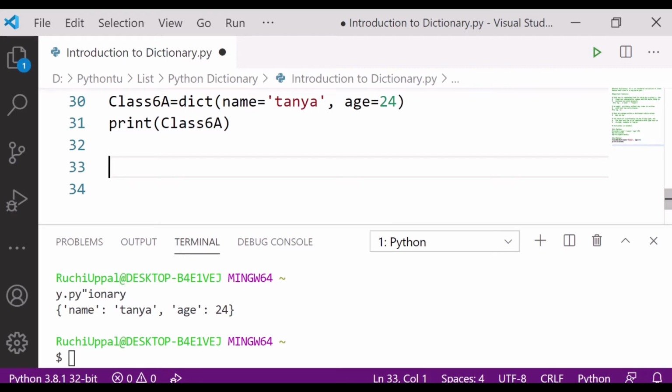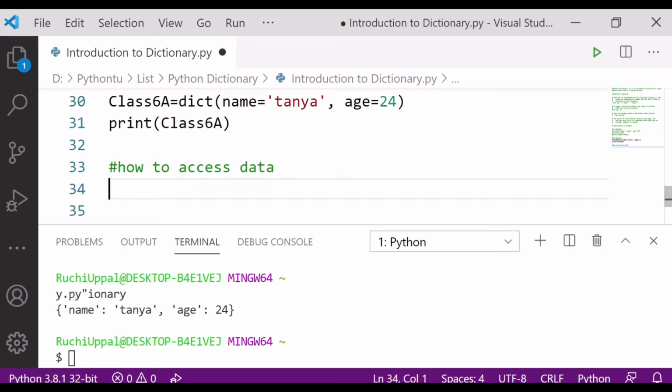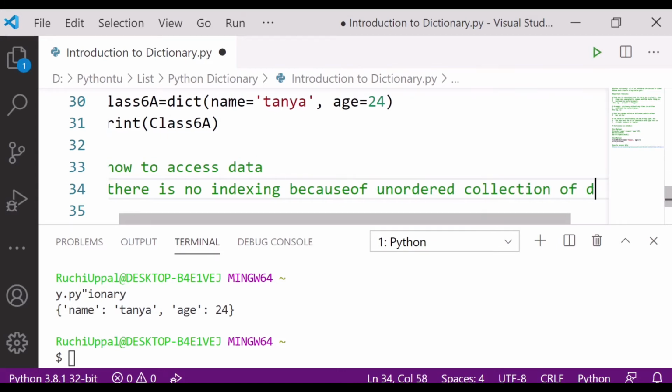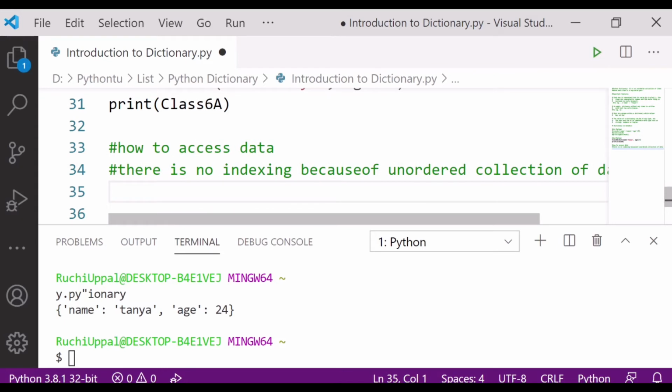So let's see here how to access data. As I told you, in list we have the indexing, but here there is no indexing, because of unordered collection of data.